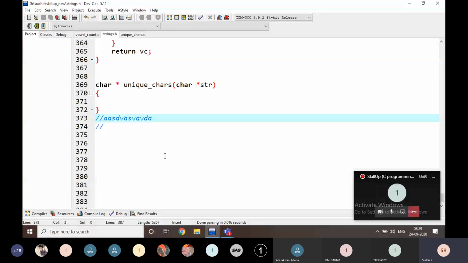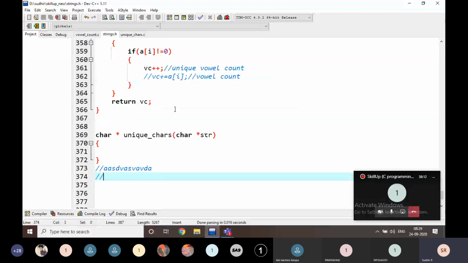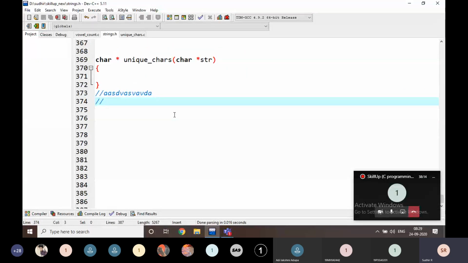Here I am going to find how many, using the same logic, I'm going to increment the a value as 1, and this is the b value, this is the c value, and the d value is like this, and the a value becomes 2 here, and the d value becomes like this, and the v value becomes like this.